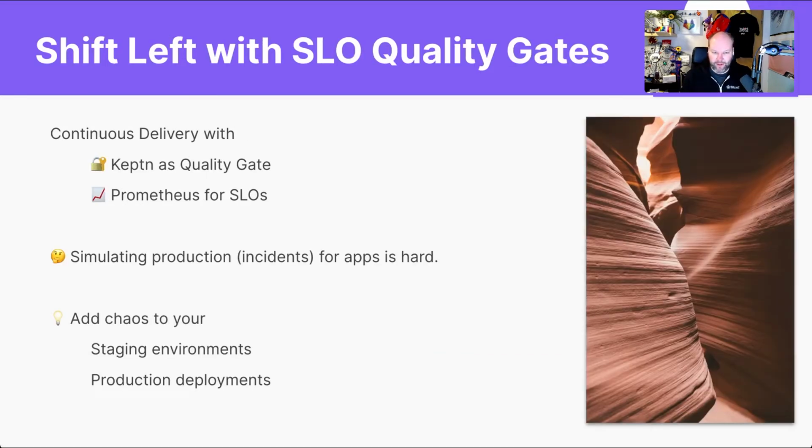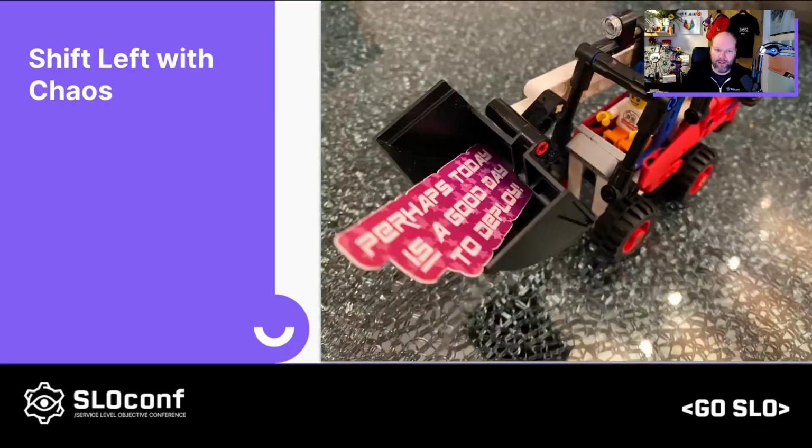Now, with quality gates, we can adopt the continuous delivery pattern as well. So like ensuring that production is in a safe environment. The thing is, simulating a production incident is really hard. So you want to see how the app is behaving. We can add chaos to our staging environments and also to our production deployments and see how the application is behaving. Now, this brings me to shifting left with chaos,